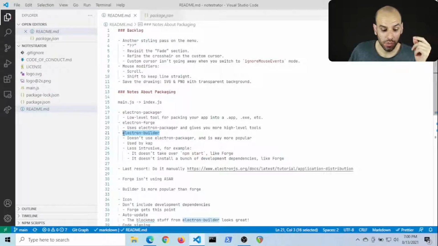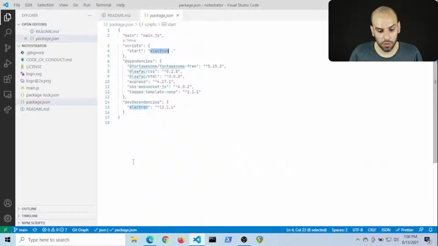All right, so yeah. So we are going to see what the app looks like on Windows right now, and we'll see if the packaging thing with Electron Builder is working. And then we may continue to style the menu, or we may do some things that I already know we need to do for distributing the app.